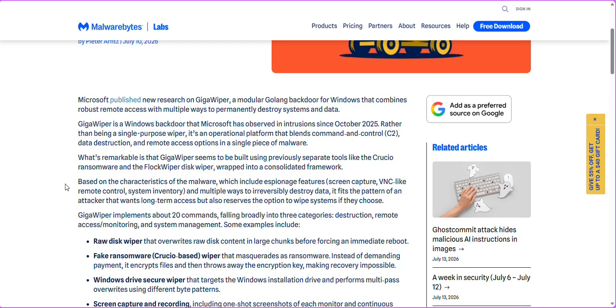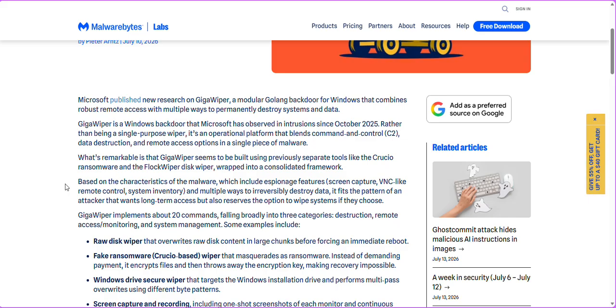GigaWiper is a Windows backdoor that Microsoft has observed in intrusions since October 2025. Rather than being a single-purpose wiper, it's an operational platform that blends command and control (C2), data destruction, and remote access options in a single piece of malware. What's remarkable is that GigaWiper seems to be built from previously separate tools like the Crucio ransomware and the FlockWiper disk wiper, wrapped into a consolidated framework.